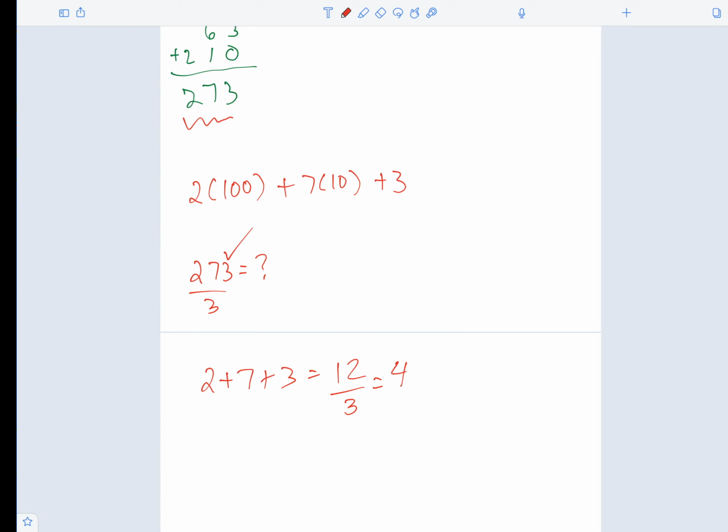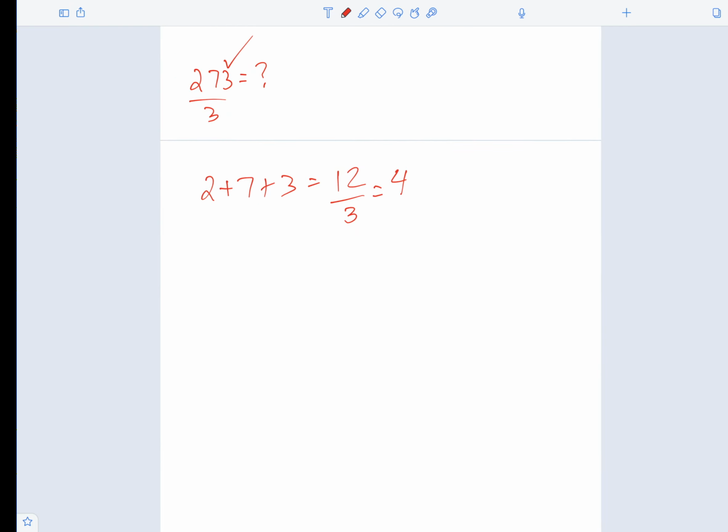It doesn't tell you what the quotient is, but it tells you that it is divisible. So a question emerges: why is that true? You can't say it's true just because I tried one example, because just because it works once doesn't mean it works all the time. But if instead of saying 2, 7, and 3, I say the first digit is A,